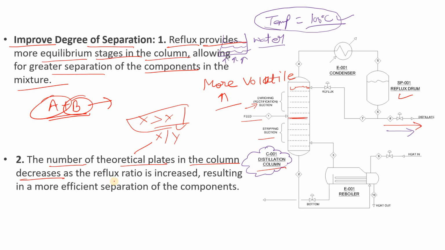Why does it decrease your cost? Because when you add the reflux, or when you increase the reflux ratio, it increases the mass transfer and heat transfer. It provides more heat transfer and mass transfer, and on that basis your separation becomes more efficient, right? So your theoretical plates will be decreased. I hope you are getting my point. If you have any doubt and if you want to discuss something, please let me know in the comments box.